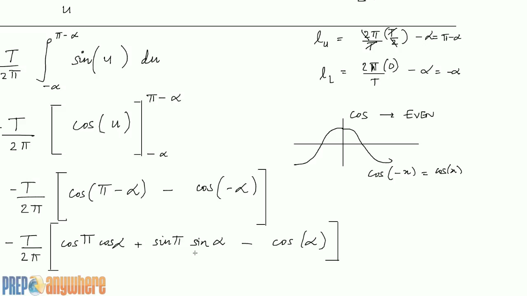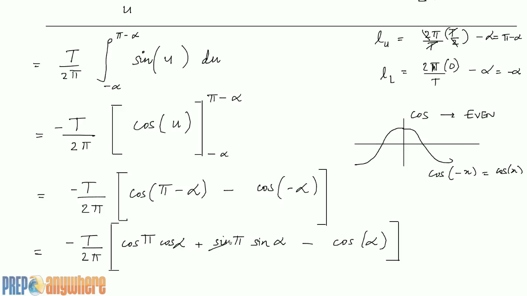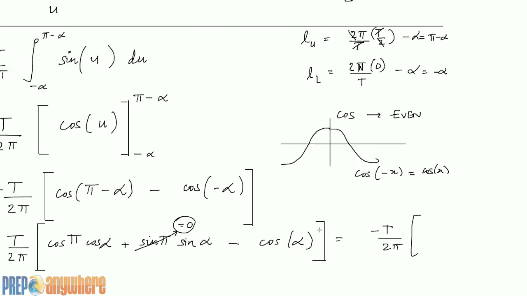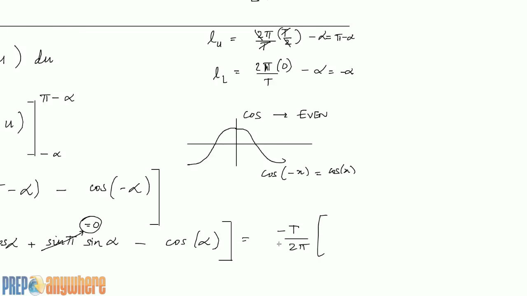Now, having made all these replacements, first I'm going to notice that sine of pi, or sine of 180 degrees, is equal to 0. As a result, this whole term goes away. All I'm left with is cosine of pi, which is equal to negative 1. So inside my bracket, I have negative 1 times cos alpha minus cos alpha, which is exactly negative 2 cos alpha. As a result, my answer